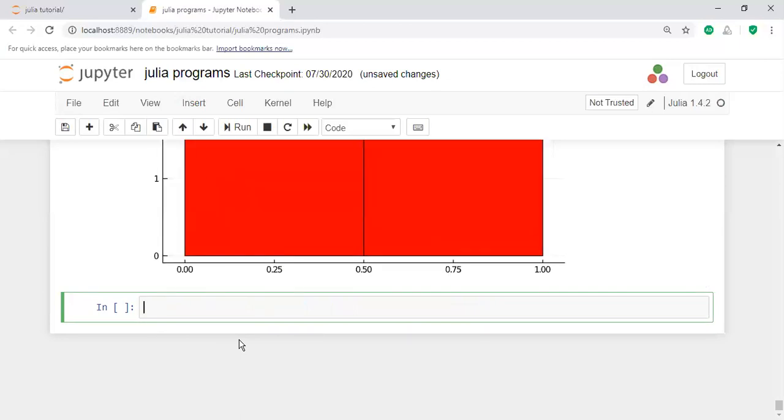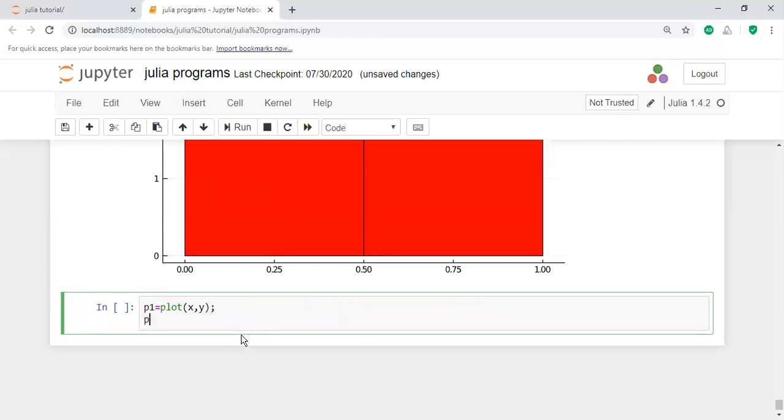For example, if you want to represent multiple plots, p1 is a plot of x comma y, with the x comma y values here. Then for example a is one plot, b is another plot, another plot here is a scattered plot or bar chart, x comma y, and then another one.